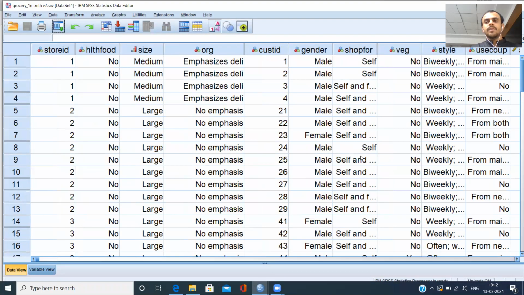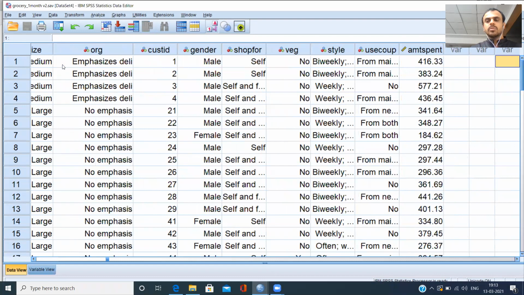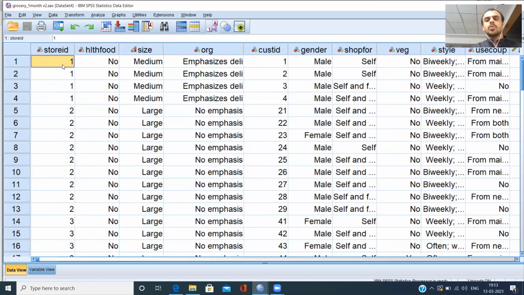So you probably are familiar with this file by now because we have used this file multiple times. It speaks about the different customers who visit the store and buy different items, and their shopping behavior is also given here. Now, if you want to construct a simple vertical bar chart for a categorical variable, what you can